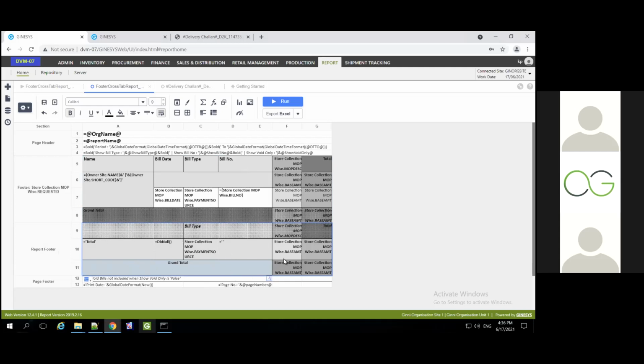But since in a footer you can only have one row, and you want the information to be payment source wise and MOP description wise, that is why you have to use a cross tab here instead of a normal aggregate function that you use for any other report designing, right? If you go back to this particular example,